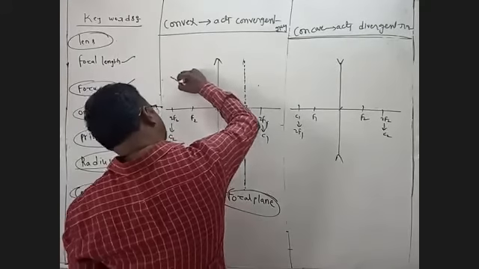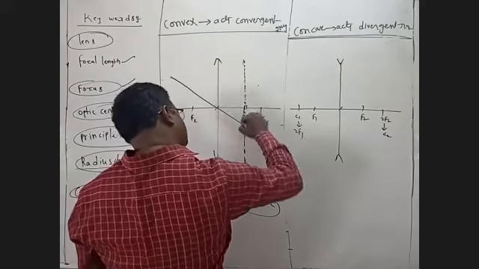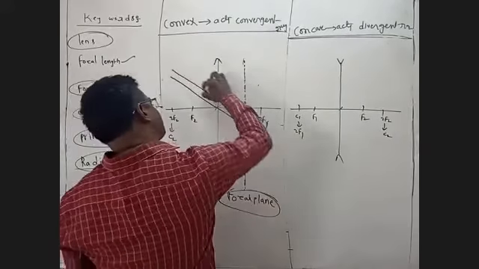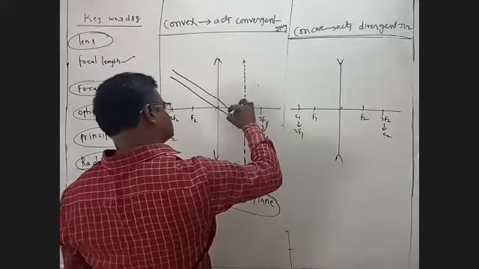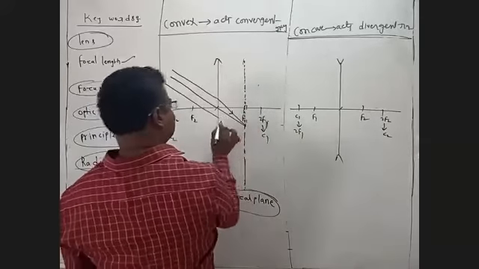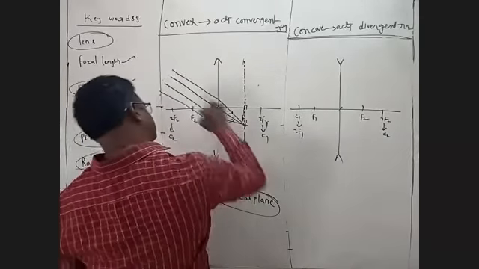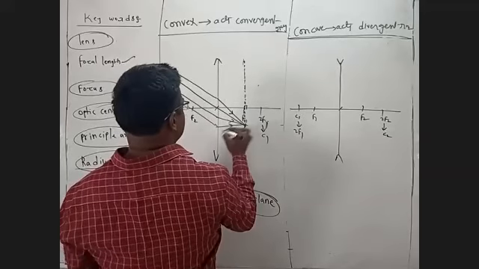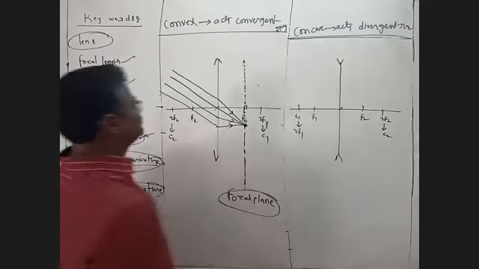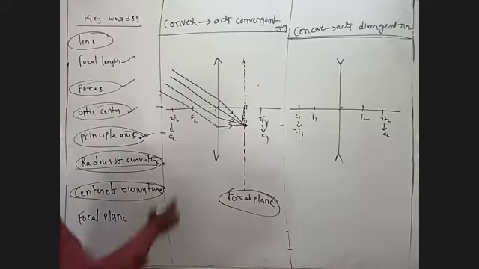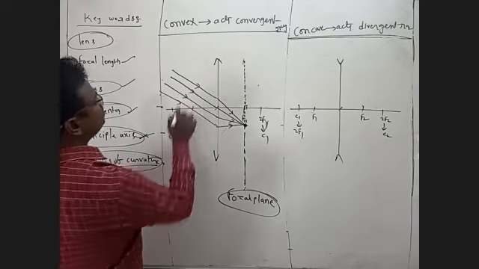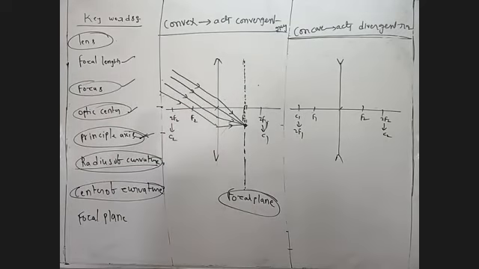Now this is a beam of light. It is coming and meeting this. This beam of light is converging and meeting this one. All these are coming from